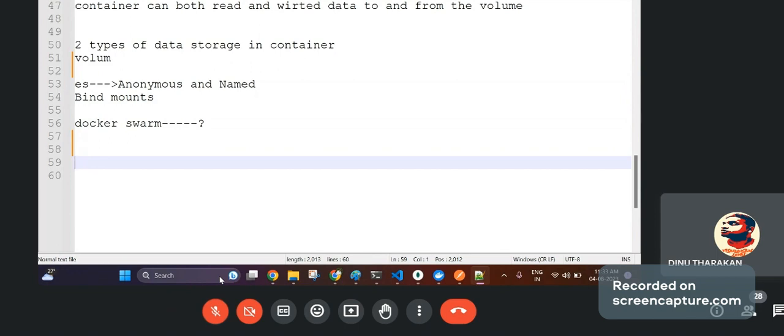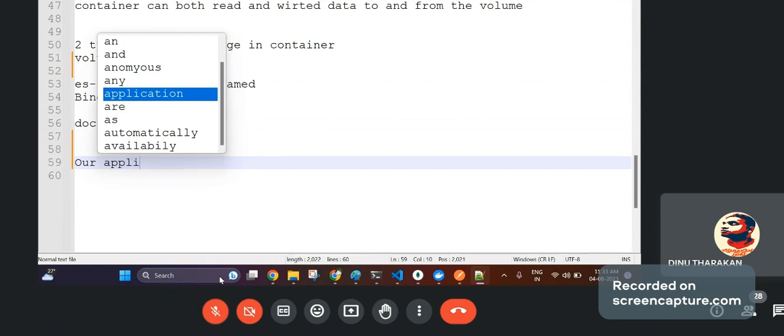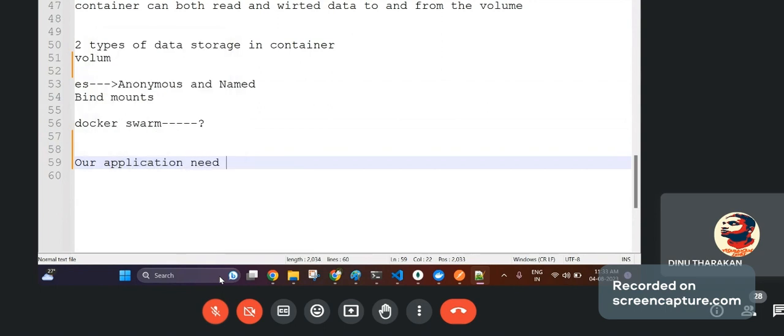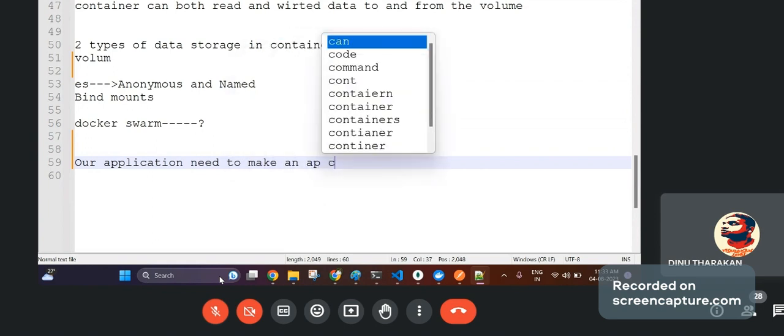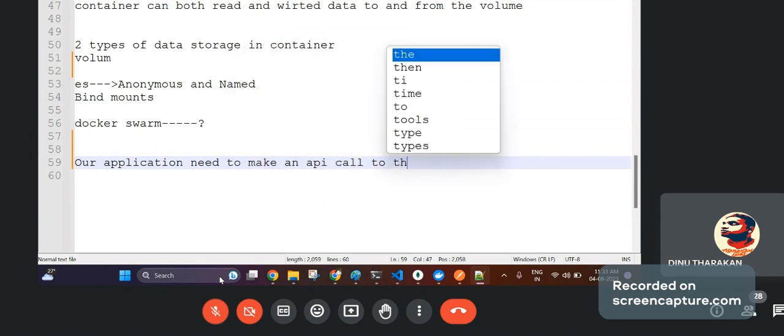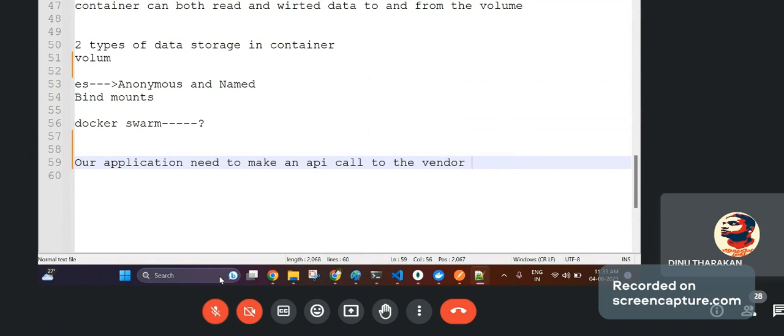They will tell that our application needs to make an API call to the vendor website, the vendor API.